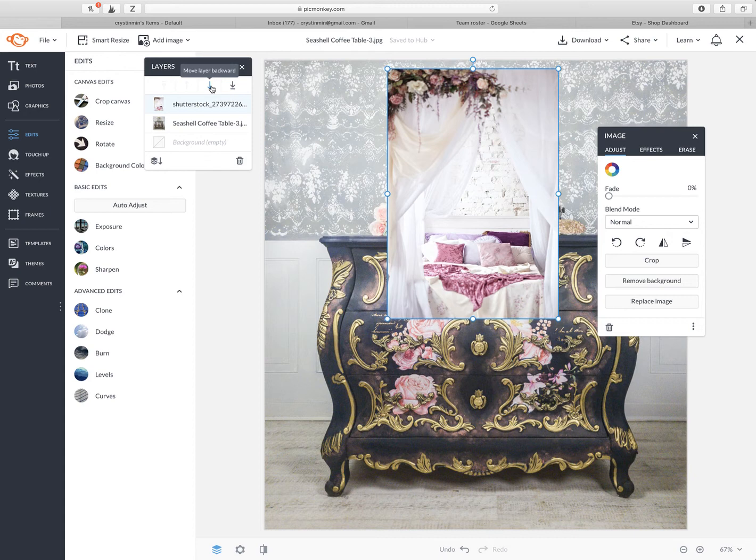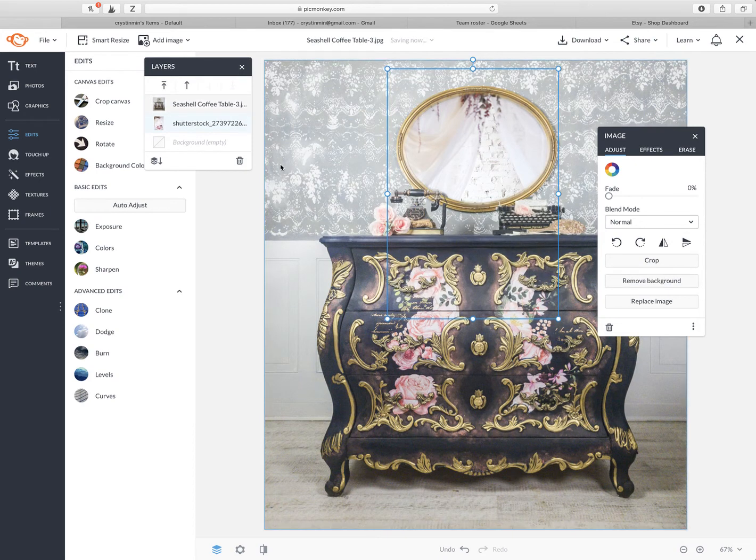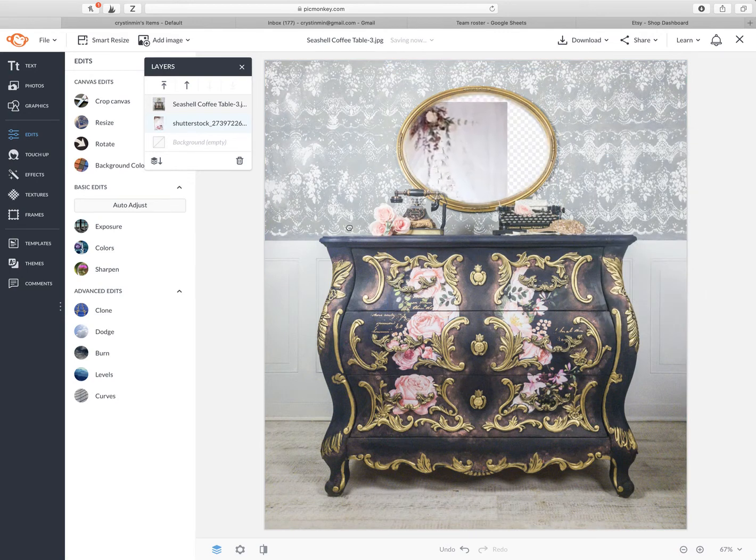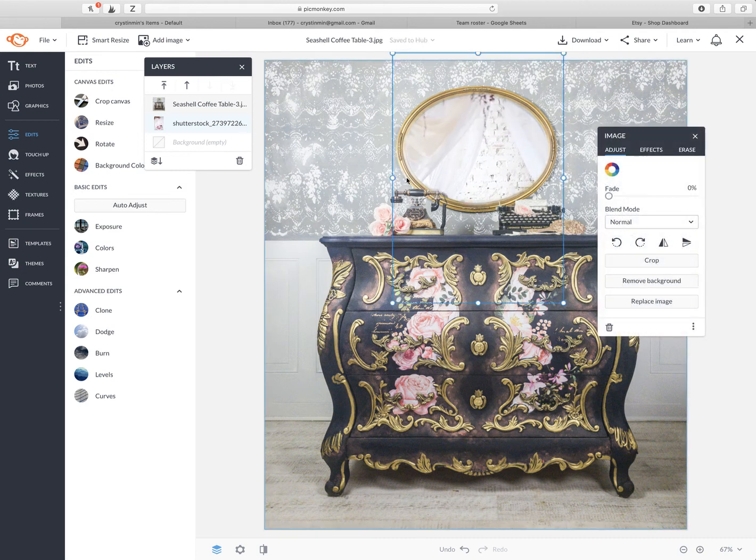Push the down button and it'll move it beneath. And it's still selected, so you can still move it around without it affecting your top photo. So let's say I just want it to look like that. So I push enter and